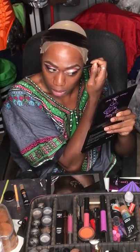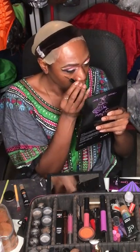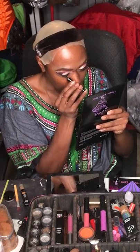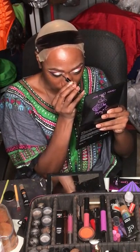I probably can't see, I just wanted to kind of go over that black and made it pop a little bit more. Just kind of place in the middle, bring down a little, pull out. And instead of applying more product, I just come underneath for the lashes. And I know everybody's techniques are different. This is what works for me after playing in makeup since 2006. Probably before that, but